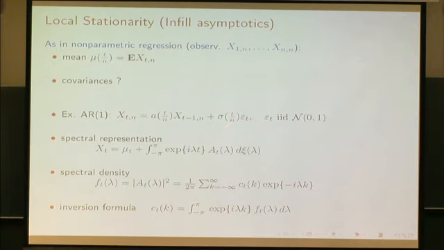Now for the spectral representation, we can retain the Cramér representation when we rescale this transfer function here. Sorry, I pushed it wrong. So when we rescale this function here,